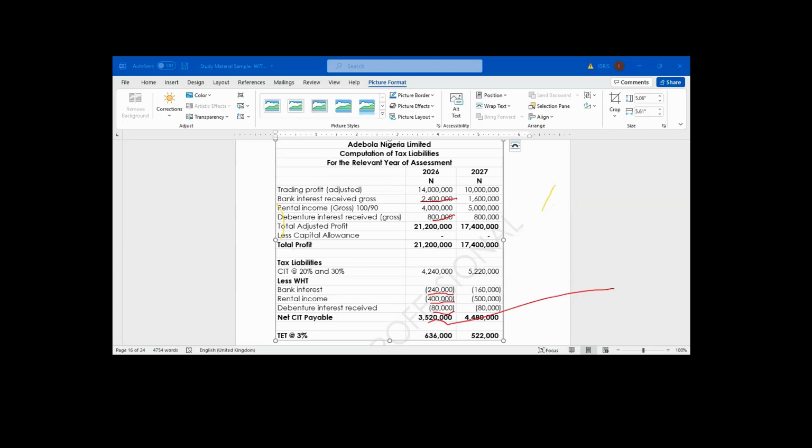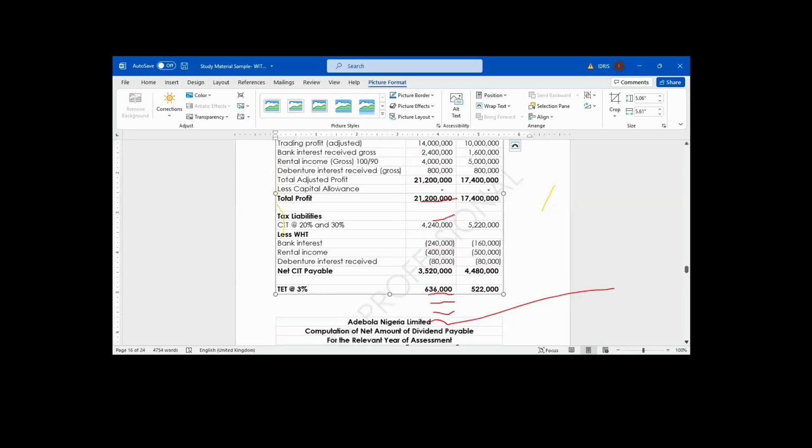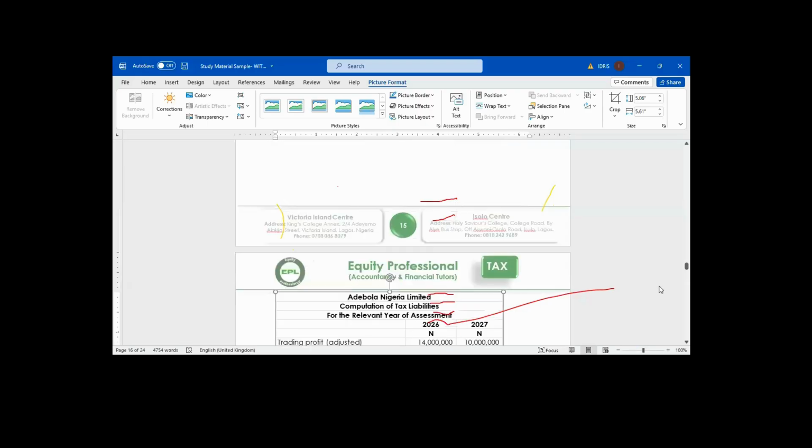Sir, I have a question. I understand what you've been saying, but I don't understand why you didn't use the turnover. I just want a proper clarification on that, and I want reasons why you didn't pick the turnover. I just want to understand properly.